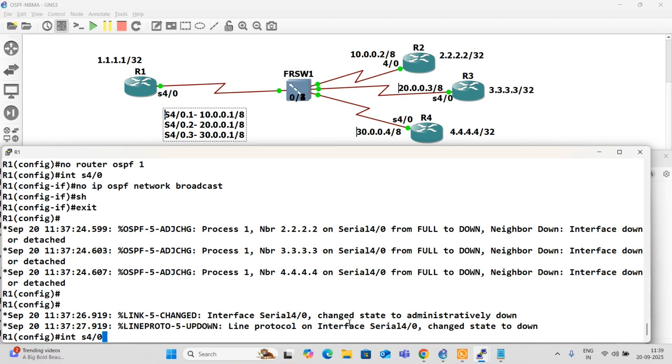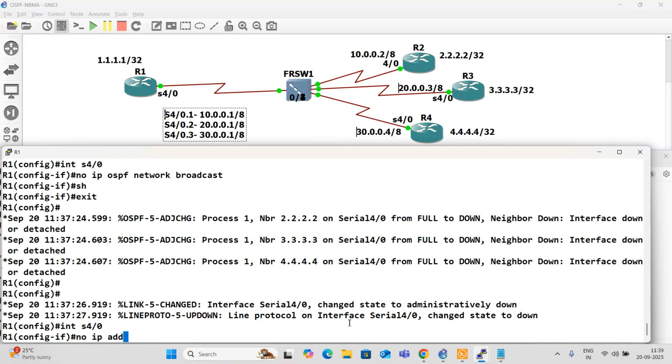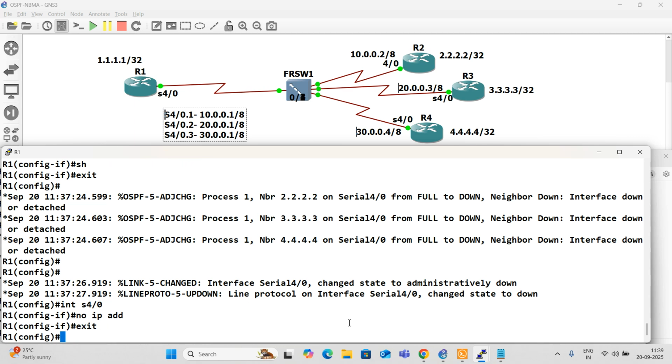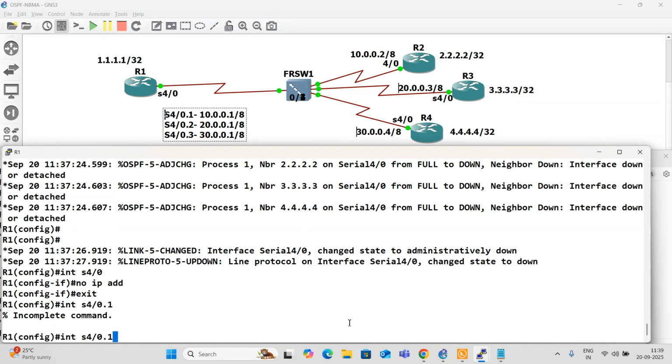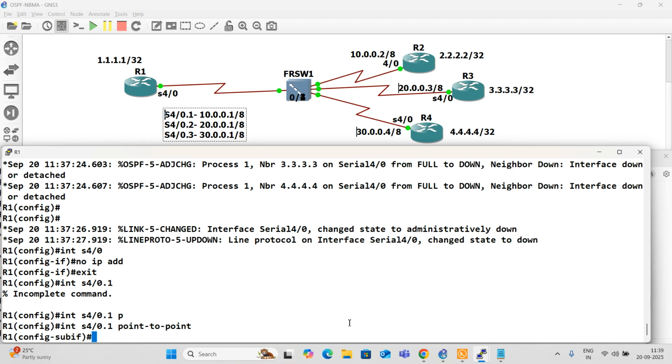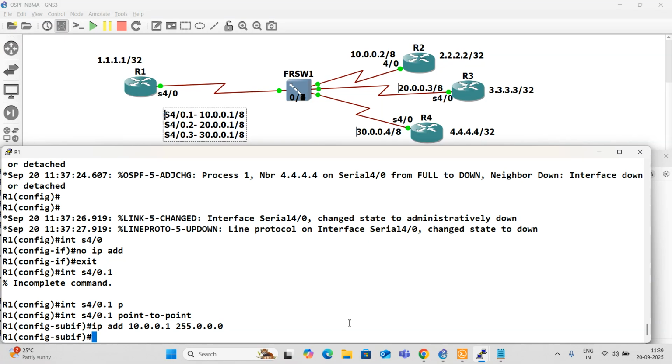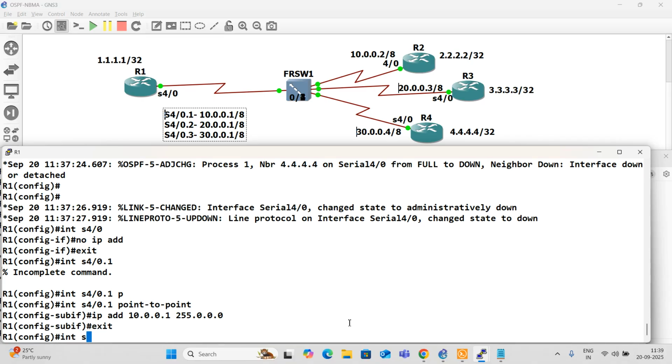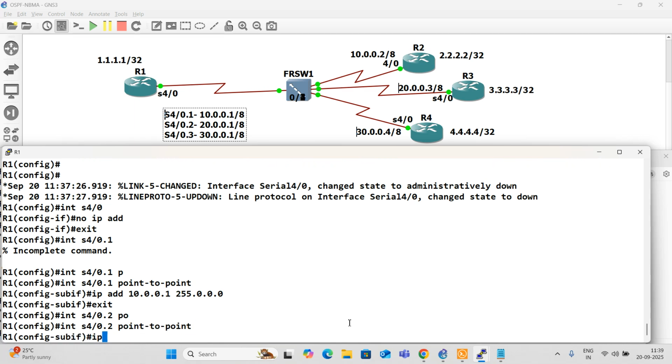Interface serial 4/0, I remove the IP address, no IP address, because we are going to use subinterface. Interface serial 4/0 dot 1, point to point we have to say, and then I need to give IP address 10.0.0.1 255.0.0.0, and then I have to write, next, interface serial 4/0 dot 2, point to point, IP address